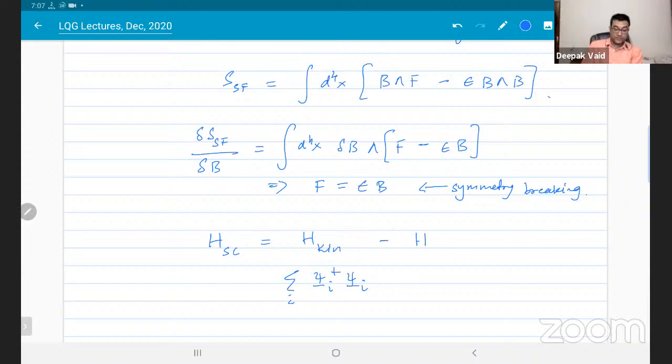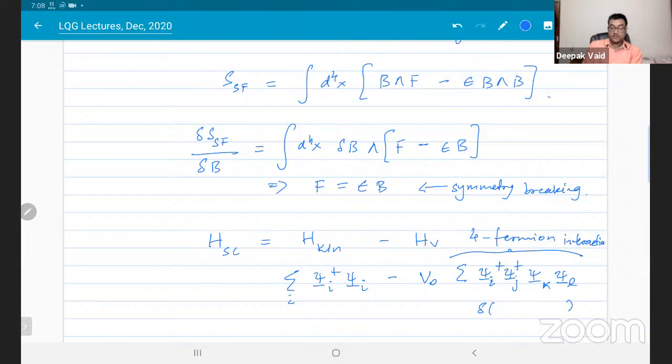And then you have a potential term. This potential term is called a four fermion interaction. It has some value, and then it looks like this: psi_i, psi_j, psi_k, psi_l, and then there is some delta function term which restricts the values of i, j, k, l over which you can do the sum. So this is called a four fermion interaction,